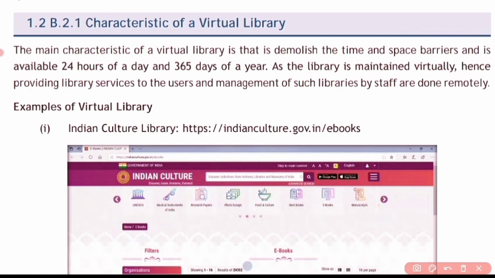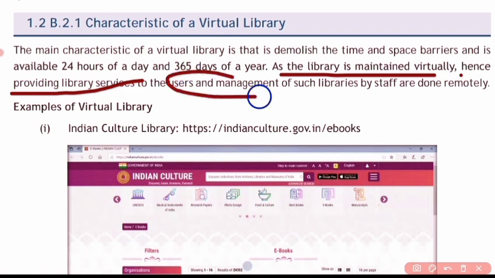But as you can store it virtually, it demolishes the time and space barrier. And also it is 24/7, 24 hours a day and 365 days a year, as the library is maintained virtually, hence providing library service to users and management by staff are done remotely.